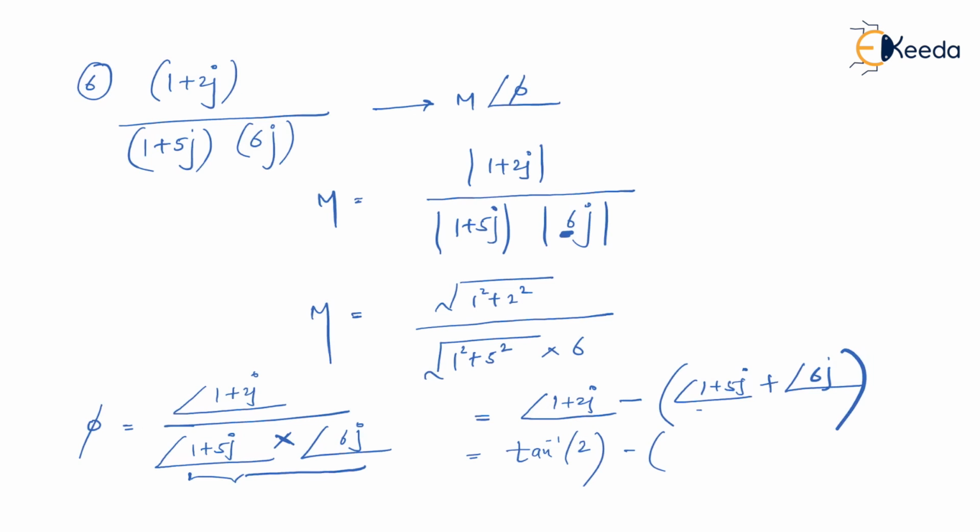Then in the bracket we have the 1 plus 5j angle. So it will be simply what? Tan inverse of imaginary upon real, which is tan inverse of 5. Then we also know the angle of a purely imaginary number, what is it? It is simple, it is nothing but 90 degree. And then by taking this negative sign inside, and by using the calculator, you can calculate the final angle in degree. I'm sure now you have understood how to calculate magnitude and phase for a given problem,